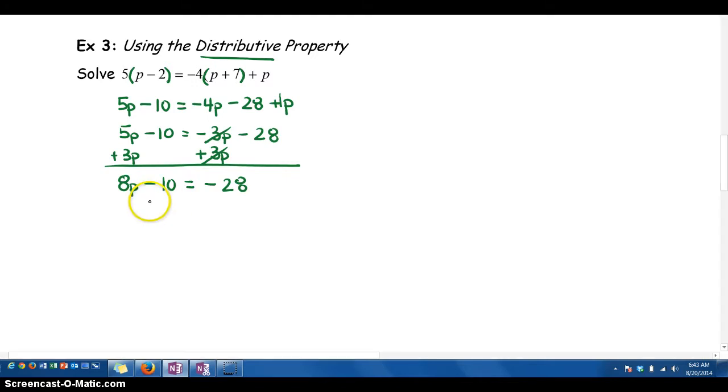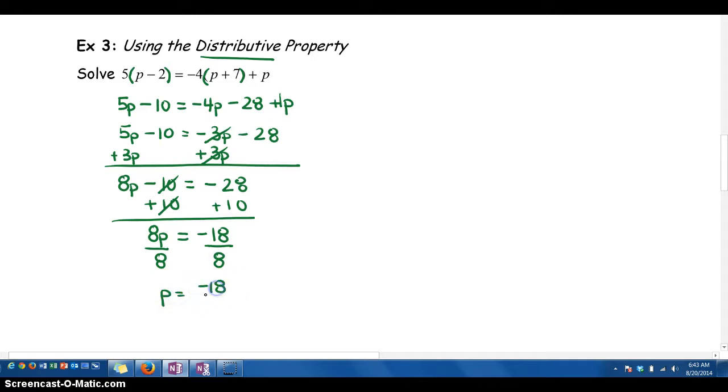We're going to go ahead and use order of operations backwards by adding the 10. Negative 10 and positive 10 cancel, but most importantly, we have an 8p left. Equal sign comes down. Negative 28 plus 10 is negative 18. And last but not least, we're going to go ahead and divide by 8 on both sides, and p equals